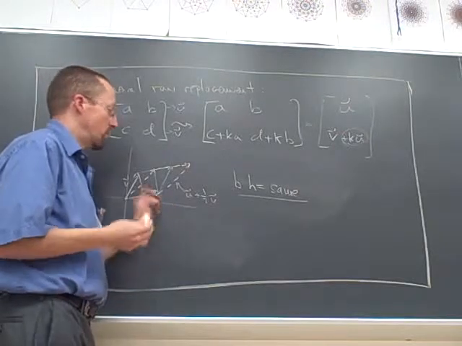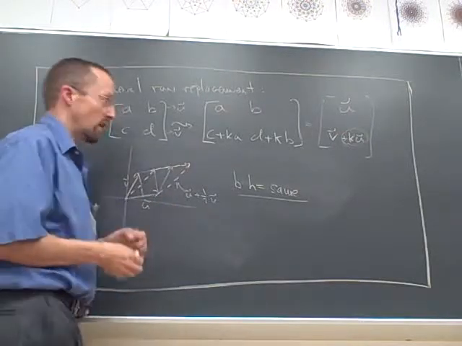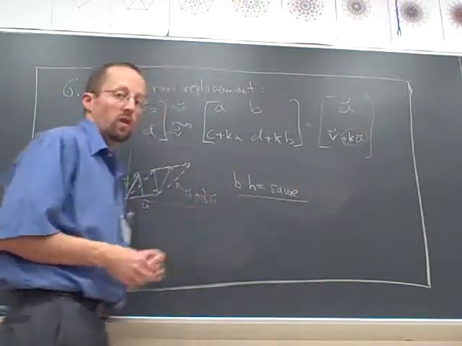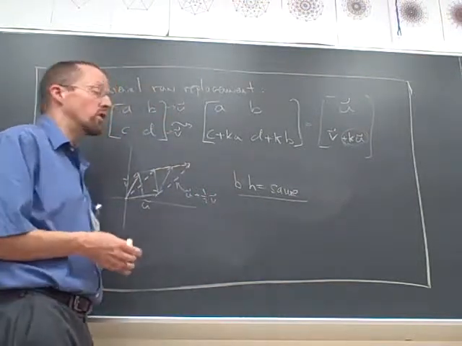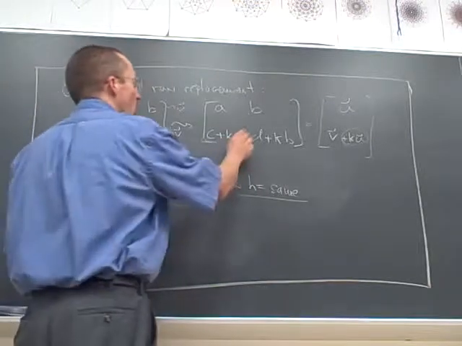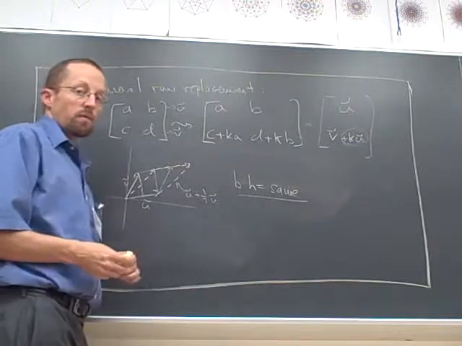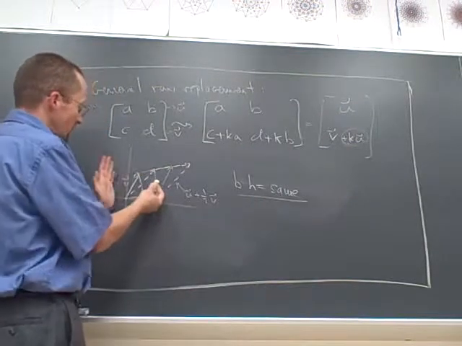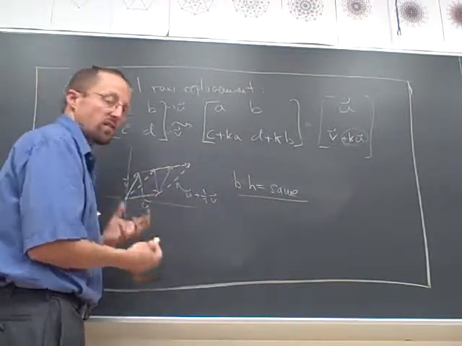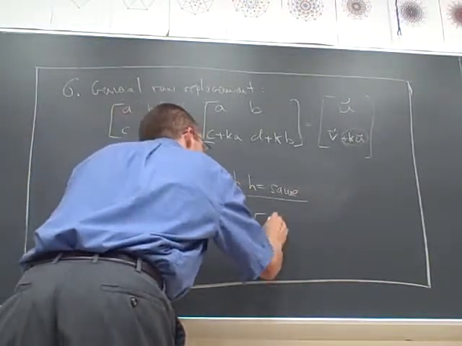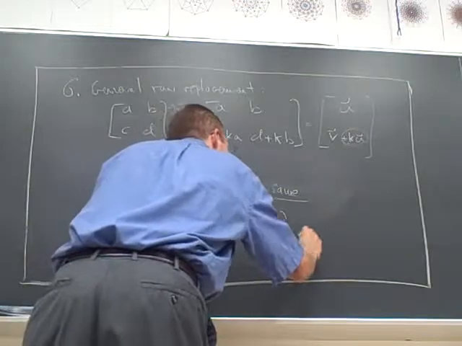That's the biggest fact of this whole investigation probably. It's an utterly crucial thing, that shears don't change area. And it's going to be true for higher dimensions, it's going to be true for volumes and stuff like that as well. So this means a row replacement operation does not change the determinant. It hasn't changed the area, it doesn't change the orientation or anything, so it's not changing the signed area. And so the determinant of UV is going to be